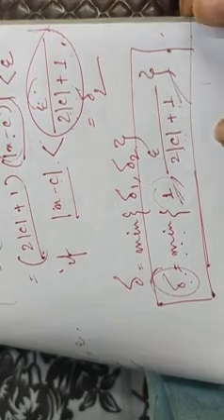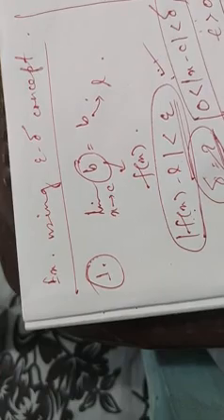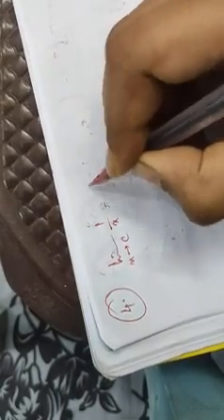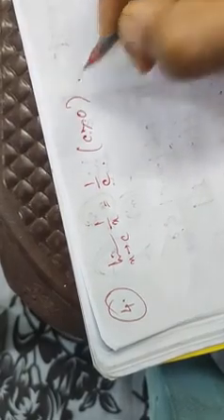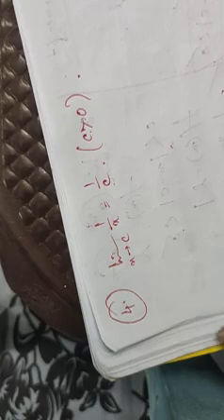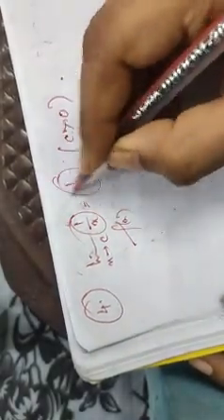Now moving to the next example. Prove that by using the epsilon delta concept, the limit as x tends to c of 1 by x equals 1 by c. Obviously c is greater than 0. If c equals 0, then there is nothing to say. The limit as x tends to c of 1 by x equals 1 by c. We have to prove it. This is our f(x), this is our L.